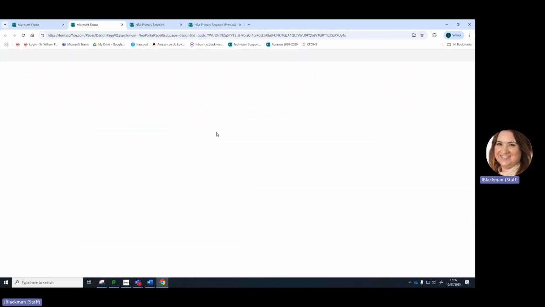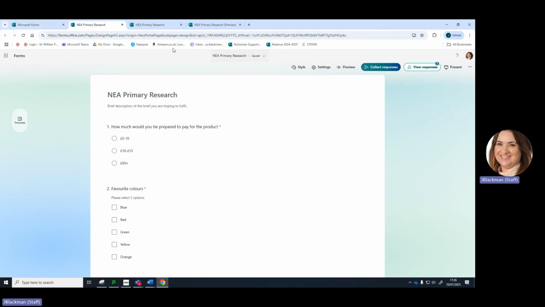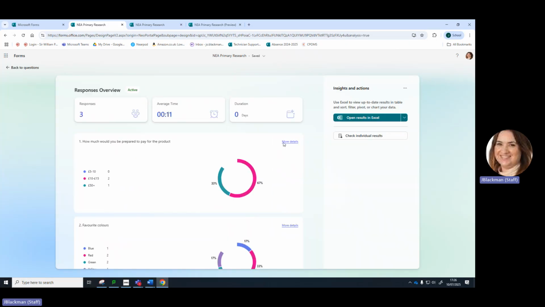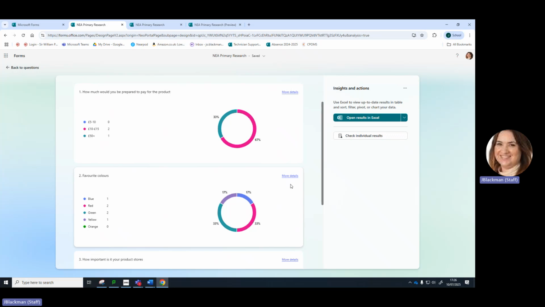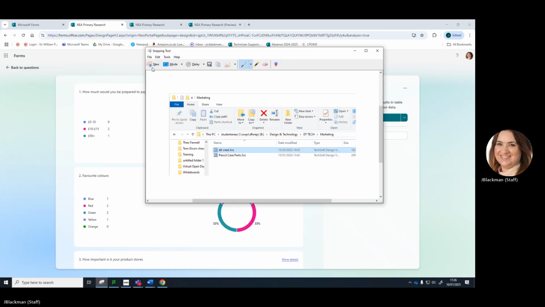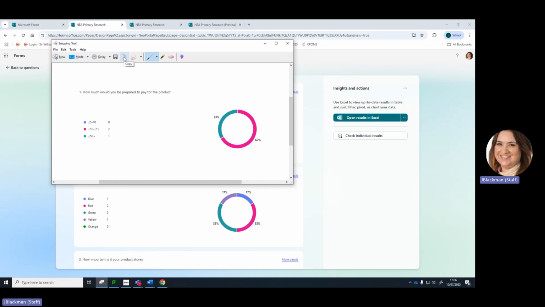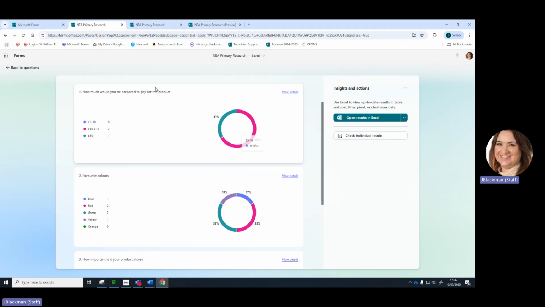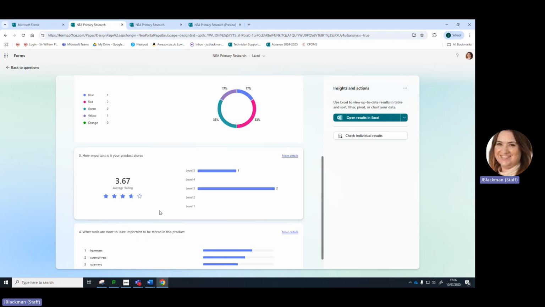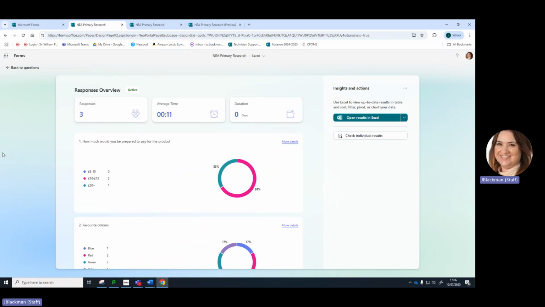Yeah, so once you've sent it out to a few people, you can click on view responses. And you can see that it creates those lovely graphs that you would have seen on the example pages for you already. So you can use the snipping tool, and then copy and paste them into your Microsoft slides. So you don't need to make the graphs and everything yourself. That's already there. But just make sure that you get it up to a reasonable number if you are planning on this being your target market